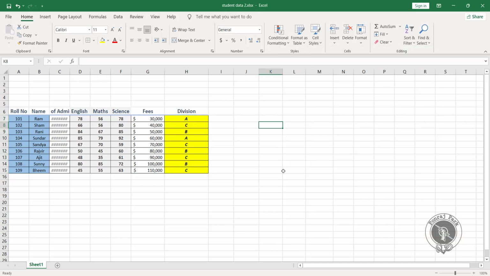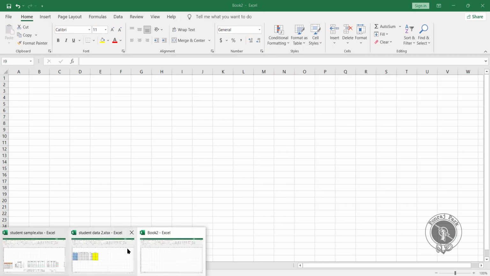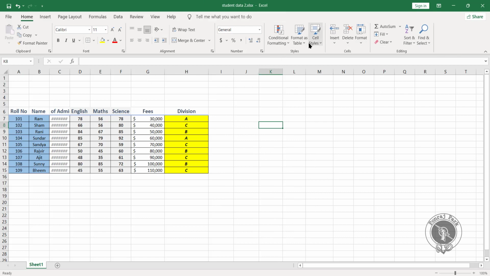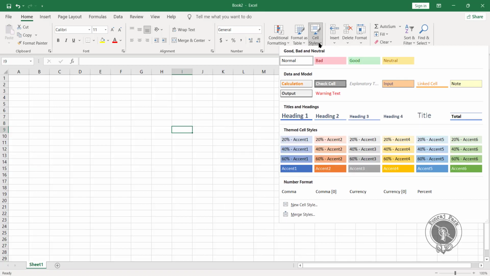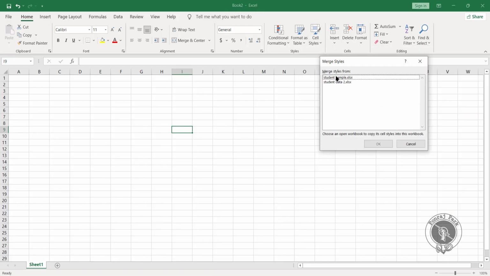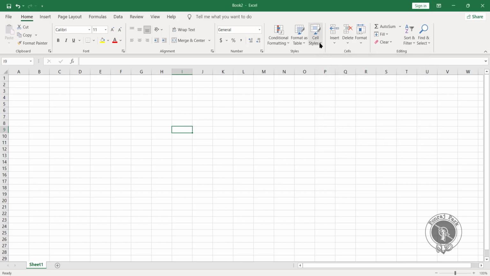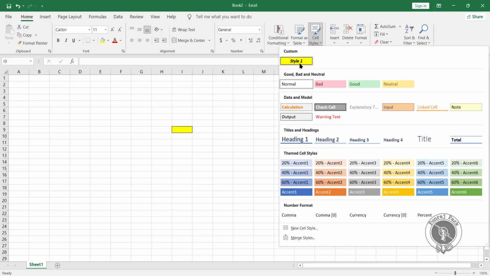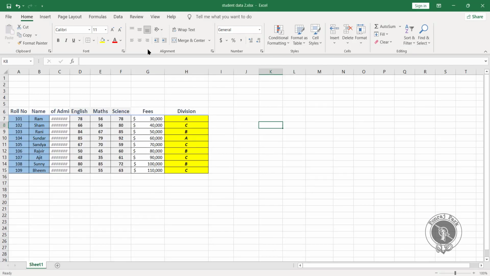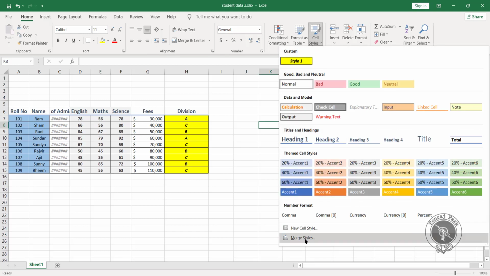So suppose what I do is I'll simply open a new workbook. I have opened here my Excel sheet where I have this custom formatting. I want the same in my new Excel sheet as well. You can simply click over here, go for Merge Styles, and whichever document you want to apply from, where you have created the custom formats, simply choose that and click OK. Now if I click on Cell Styles, you will get this custom cell style over here, which I have in my already saved Excel sheet. So this is how you can use the Merge Styles option.